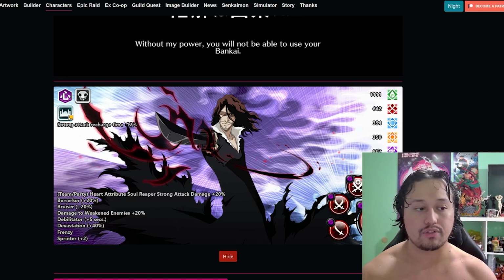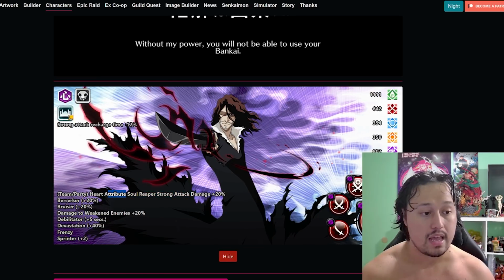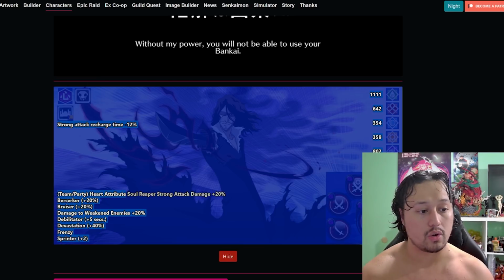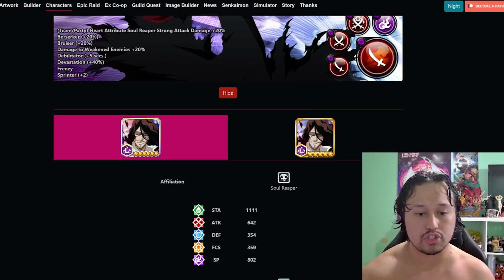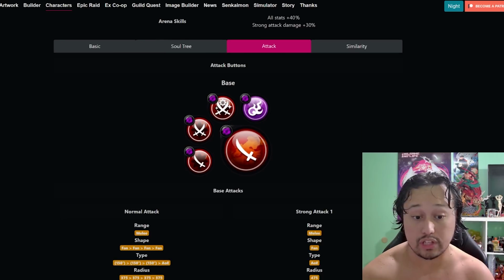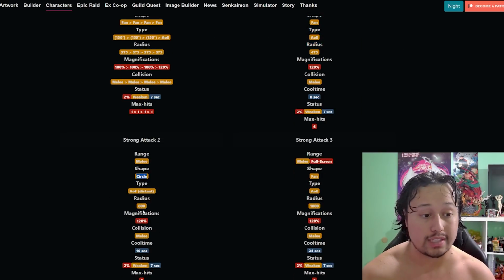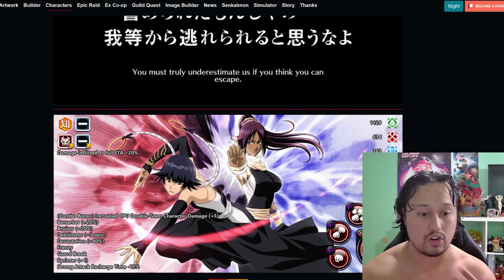So Heart Zangetsu, pretty much just think a Mugetsu that deals more damage and has a Rankar killer instead of Hollow killer. Team Heart attributes strong attack damage plus 20%, Berserker 20% to go along with damage to weakened enemies plus 20%, Debilitator plus 5 seconds, Devastation 40%, Frenzy, Sprinter plus 2. Literally, he's pretty much just a clone of Mugetsu, and he has faster activation times on his strong attacks, which is really good. So lunge for strong attack, 800 AoE distance second, full screen third,